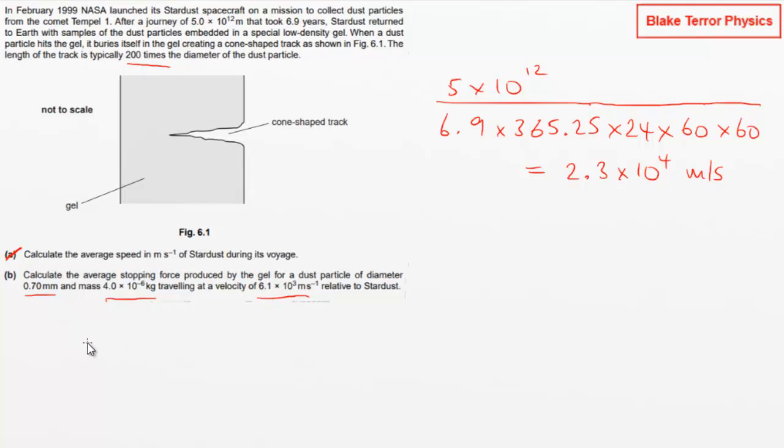So we want to get it all into meters per second. So if it's 0.7, then we've got that in meters. We need to multiply that by 200. So we can get rid of that and then double this. So we've got 0.14 meters. That's how far the particle has gone into the gel. We've got the mass, and yeah, we've got this